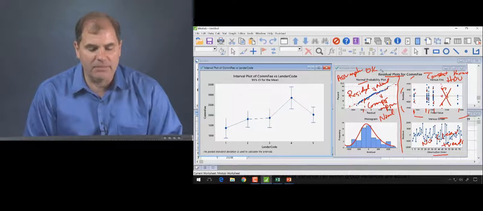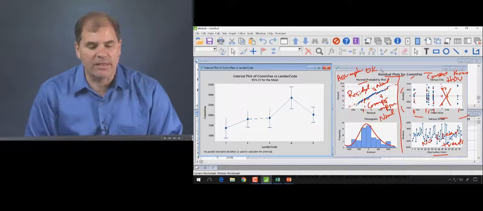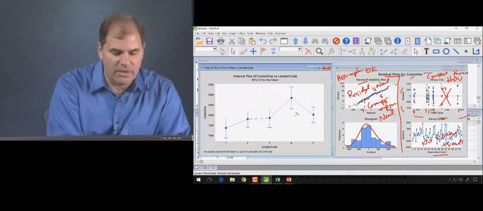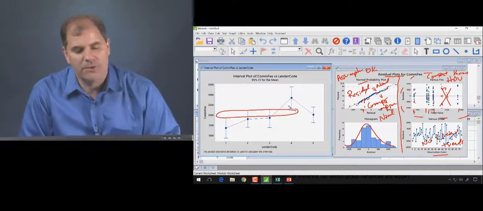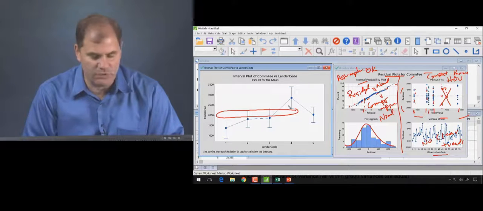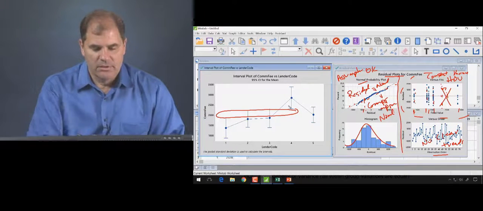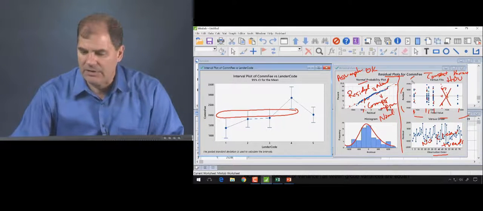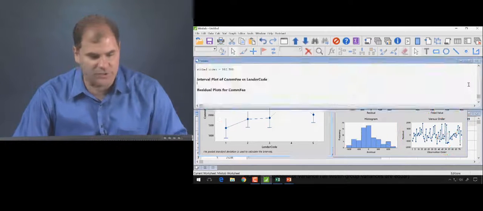Now I'm going to look at the means, and if I look at the interval plot, I might notice that there appears to be a gap between lender 1 and lender 4. There may be additional gaps between lender 4 and some others, but there's clearly a gap between 1 and 4. If I scroll up into my session window,